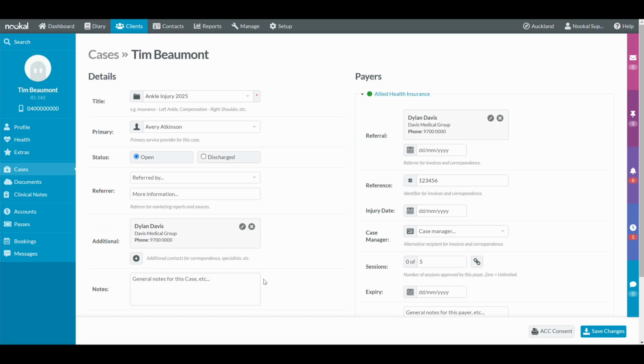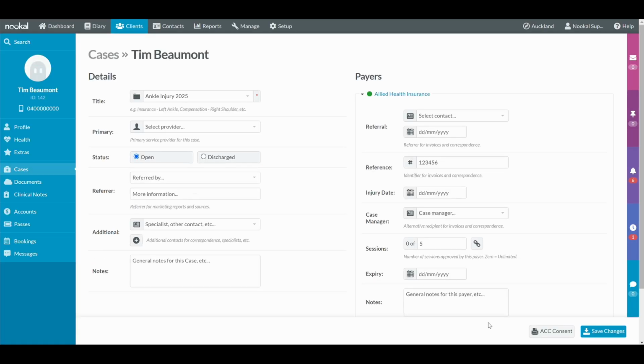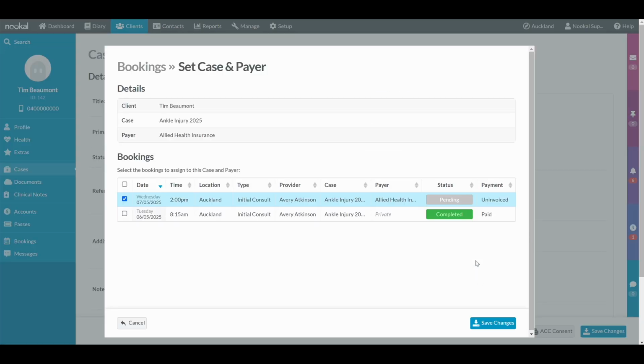What you could do as well is link any bookings from here. So if you click on this little link button, as you can see, this appointment that we've just booked is still set up with the private payer, but we can update that. Click here, save changes. And then if we click back on that, you'll see now that Allied Health Insurance will be paying for that